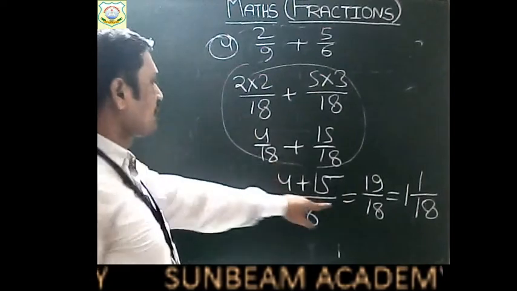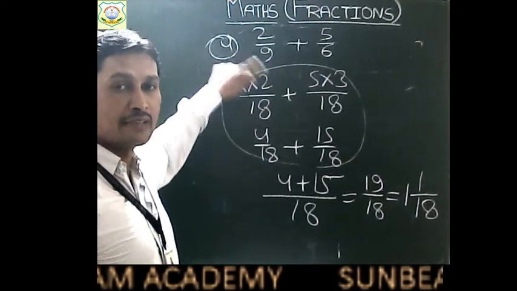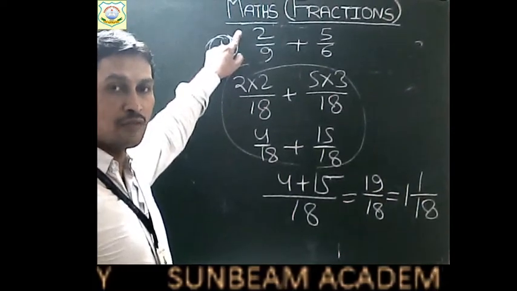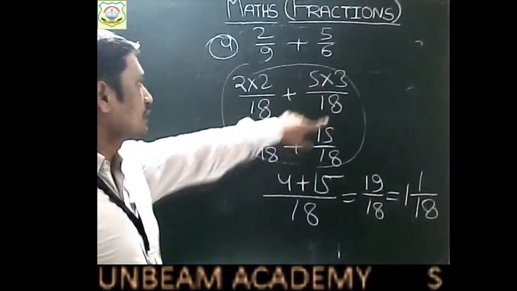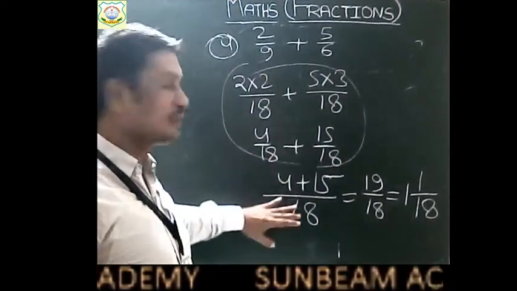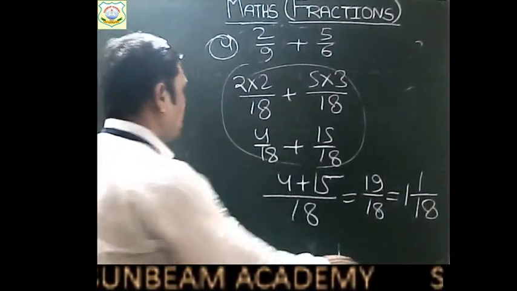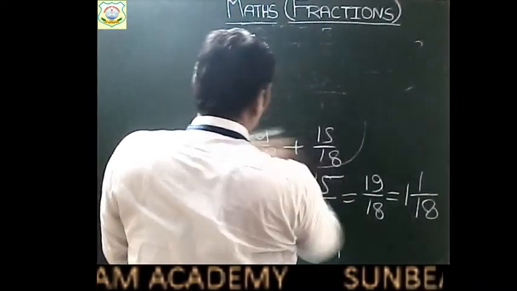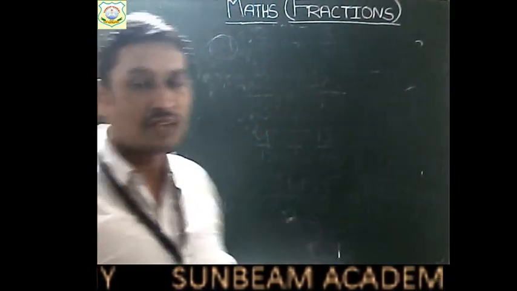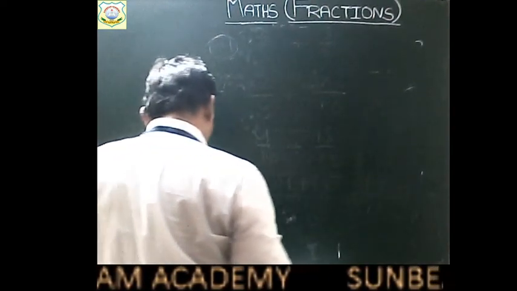After the fractions children, you can directly write their LCM and divide the LCM by the denominator 9 to get 18, and find the quotient, multiply the quotient with the numerator 2. So 2 4s are 8, so directly you can write the 4. So this part is done just to explain it to you. Okay. So you can directly solve from this step to this step. Whenever we have to add unlike fractions children, firstly convert them into like fractions and then add them. This is so simple. So in this way children, let us solve one more question.